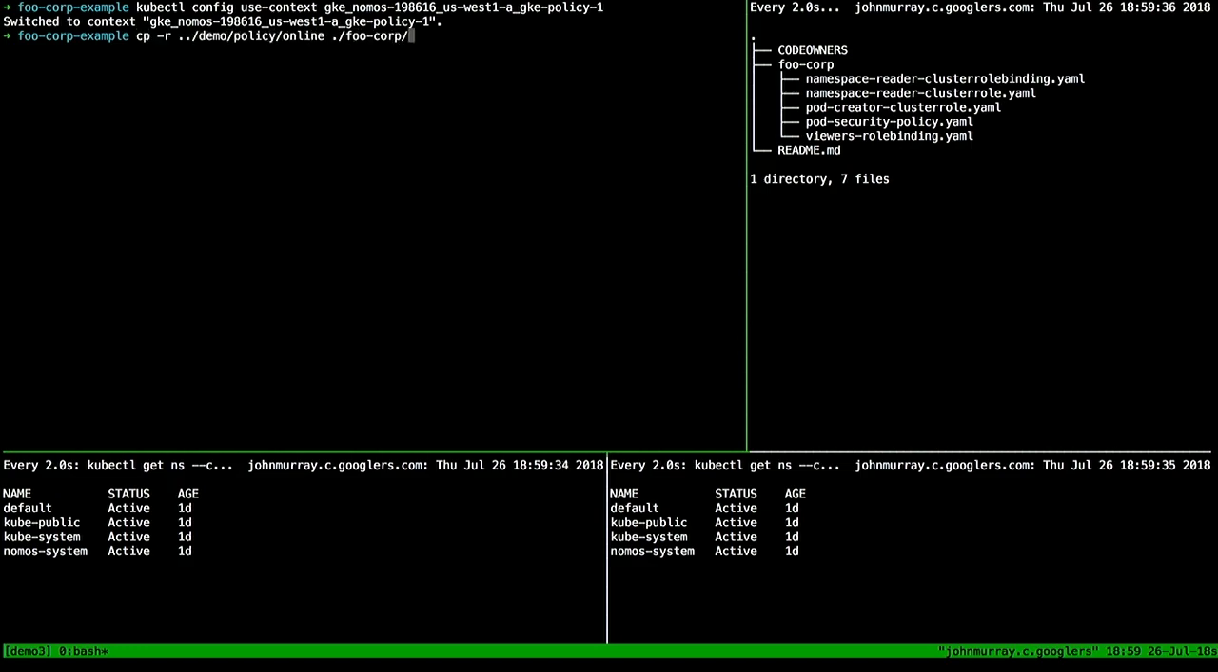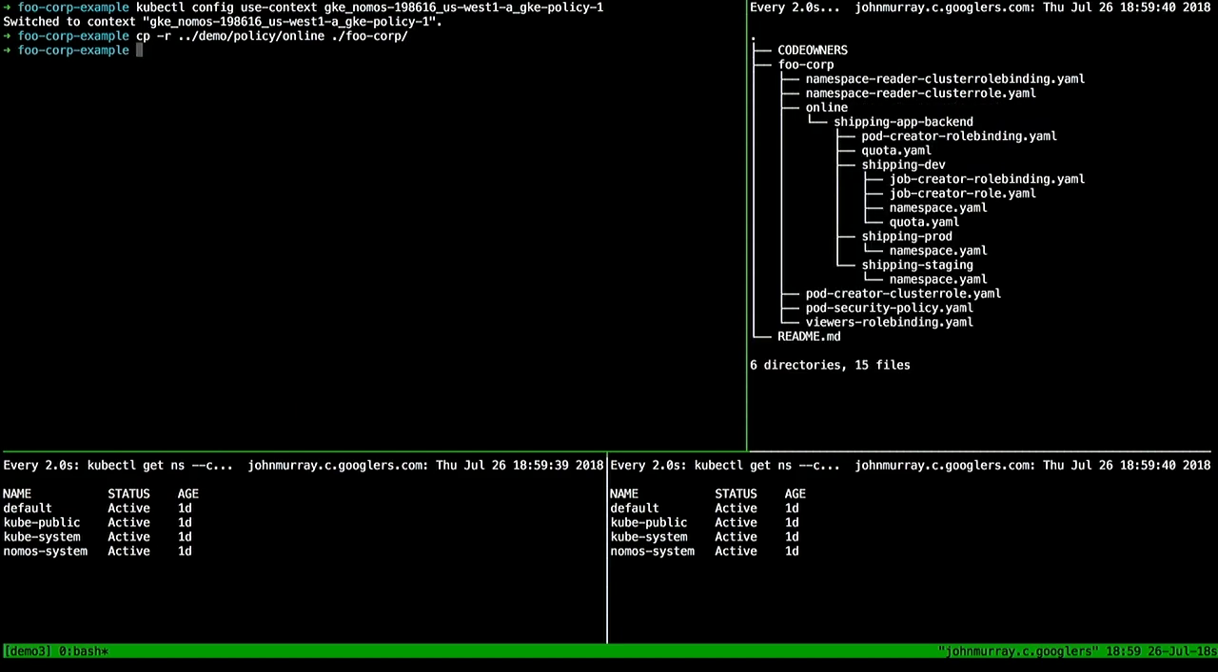And now I'm going to bring in a bunch of policies. So I'm just copying these locally from one directory to another on my machine. And you can see from the tree that now we're going to add this online division to FooCorp. Underneath online there, you've got shipping app backend, which is our service, which has 3 namespaces, dev, prod, and staging. All of those have namespace definitions, so they're just standard YAML,